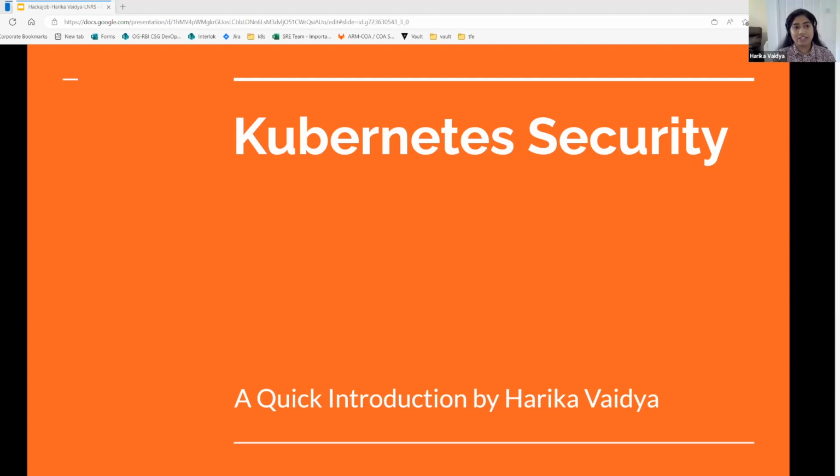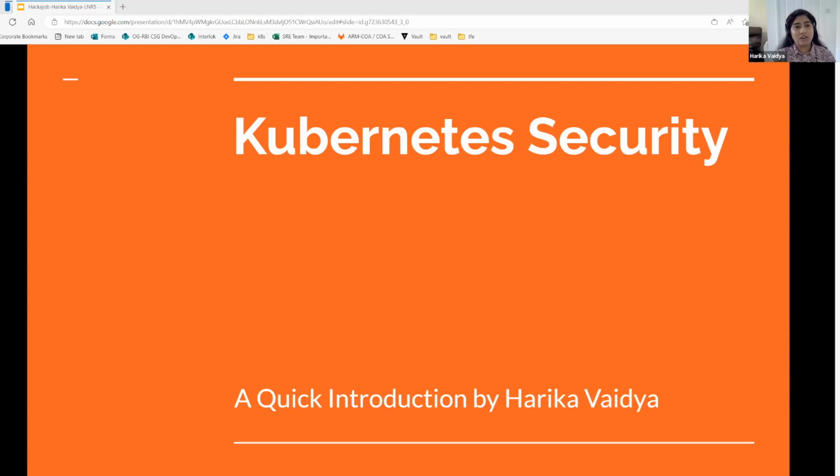Let's start by understanding what a Kubernetes attack surface is. The attack surface refers to the various entry points and vulnerabilities that can be exploited by attackers to compromise the security of a Kubernetes cluster. It is very essential to understand the attack surface to effectively secure a Kubernetes environment. Some key components of the Kubernetes attack surface include the API server, etcd, kubelet, and the various network protocols and interfaces that are used within the cluster. It is essential to gain an understanding of all these components and potential vulnerabilities. Security measures can be implemented to protect the cluster by following all this.